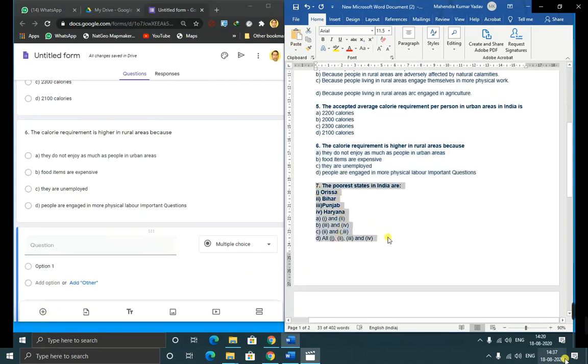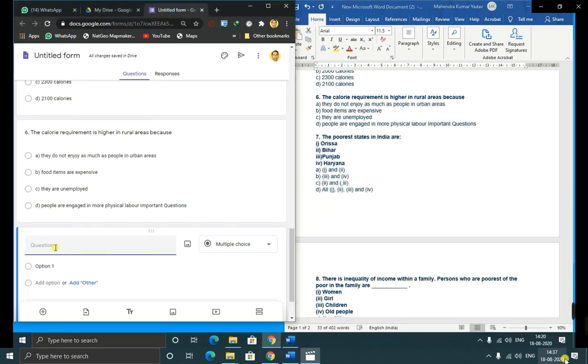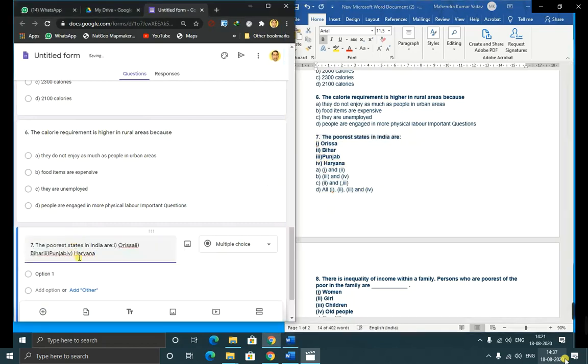Here you can see easily that one by one step has been displayed and explained, so that there should not be any kind of confusion while making a question paper of MCQ type on Google Form.